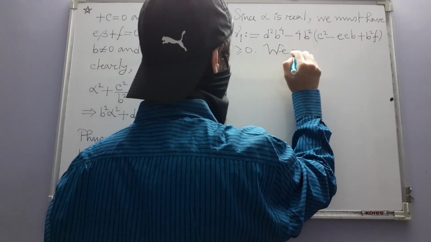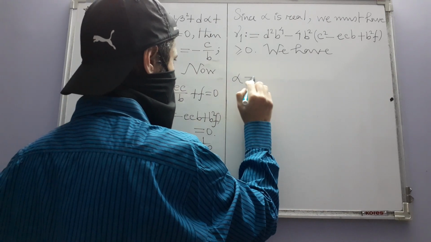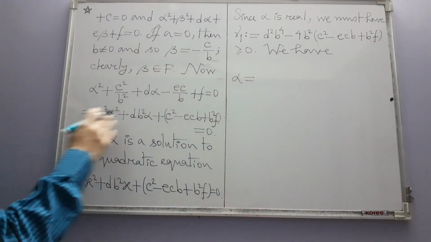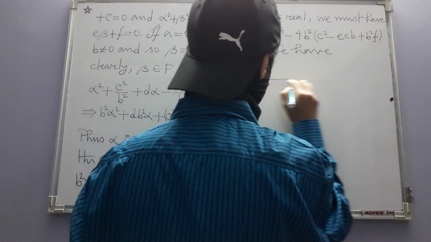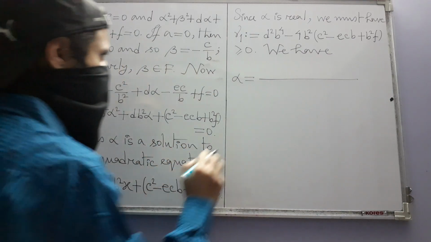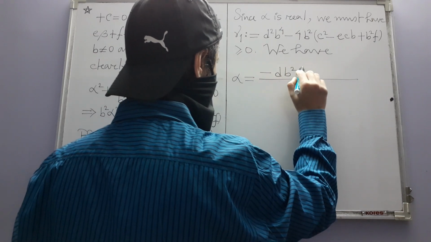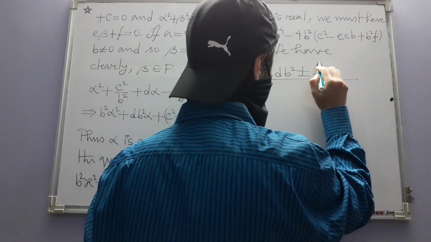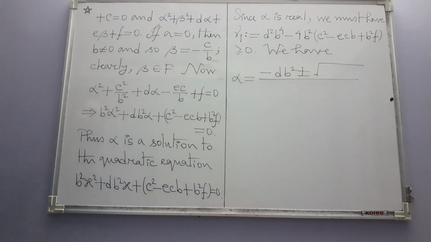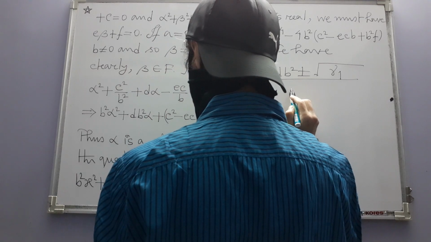We have alpha in terms of the coefficients. If you use the quadratic equation formula, then what do you get? Minus d b squared plus or minus, because we don't know which one it's going to be. So this will be what? Gamma 1 divided by 2